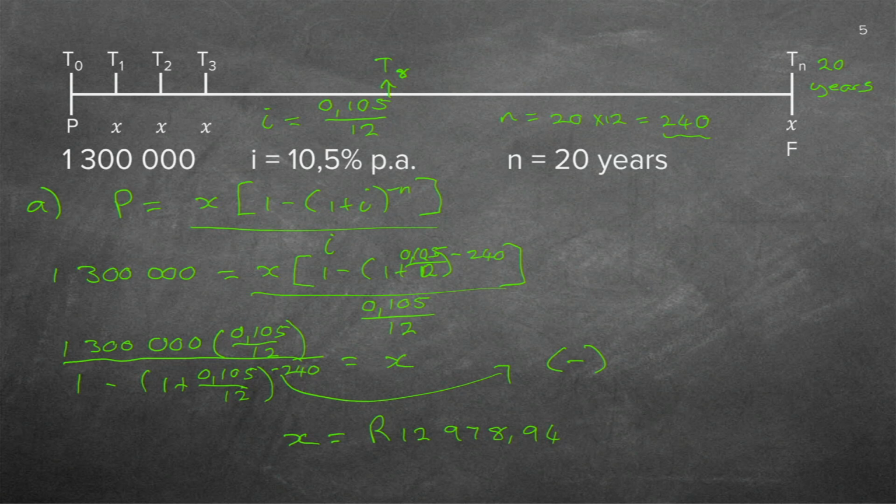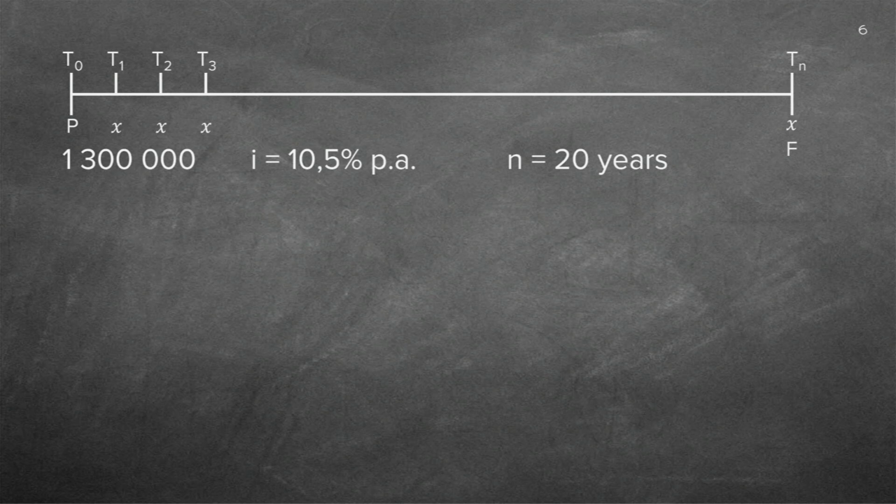Good. Now, let's just go to the next page. So let's just get it back here. If I do time 8, it means the 8th year. So now, it's not 20 years anymore because that was the previous one. So let's just scratch that. Let's do the I here. I is 0.105 over 12. And my N is, now before I do my N, this is years. I need to change it into months.